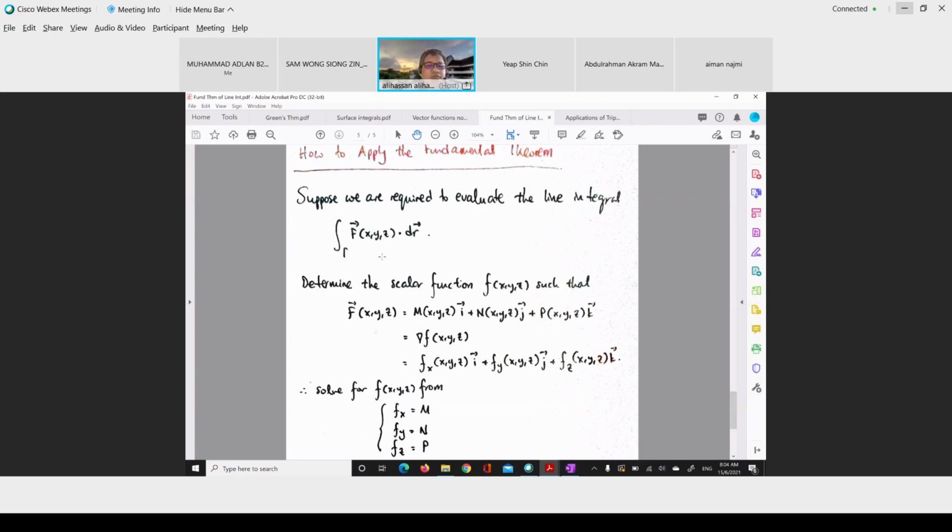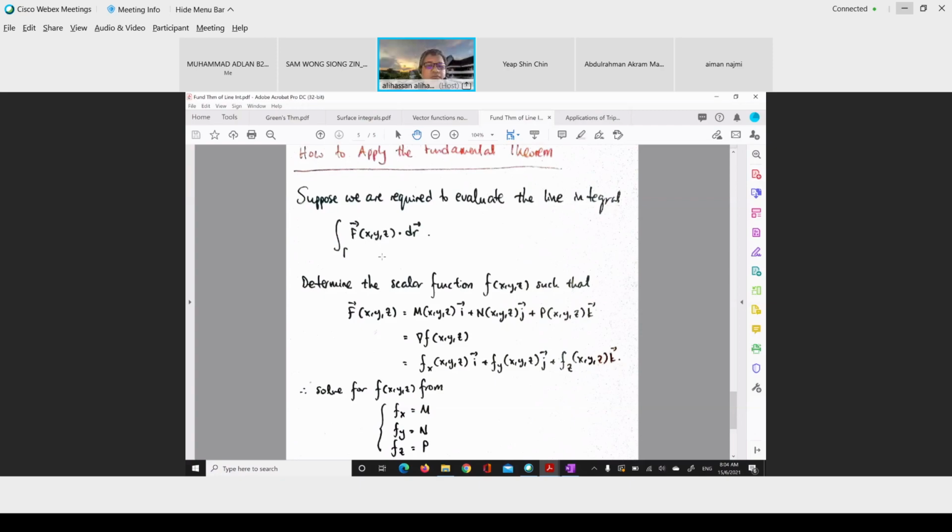And then I've also given you in this note another extra example. It's a sample final exam. We are given a vector field F as shown here. Show that it is conservative. Hence determine the potential of the vector field F. Hence determine the work done by this force field in moving an object from the point (1, -2, 1) to (3, 1, 4). You see, in this question here,